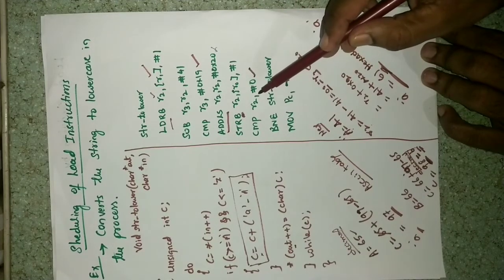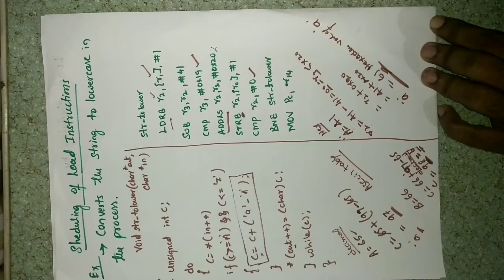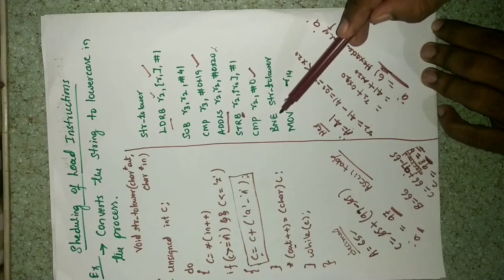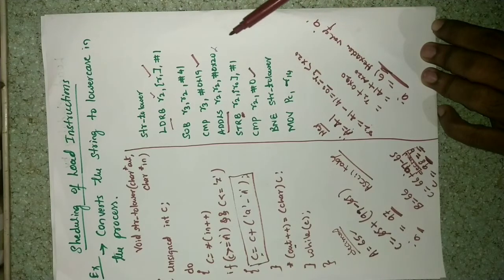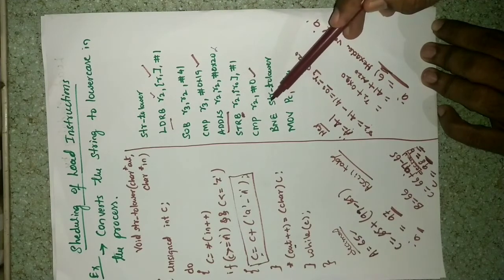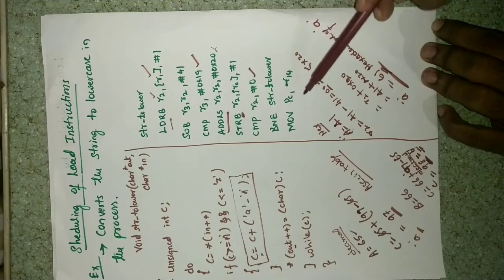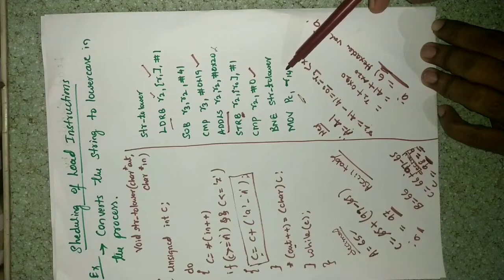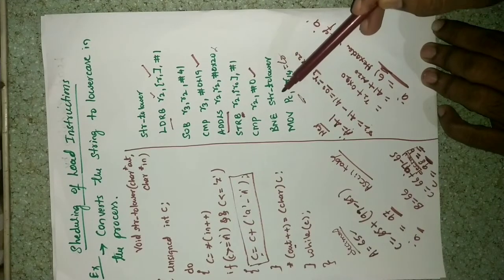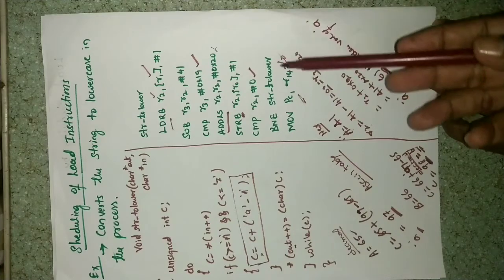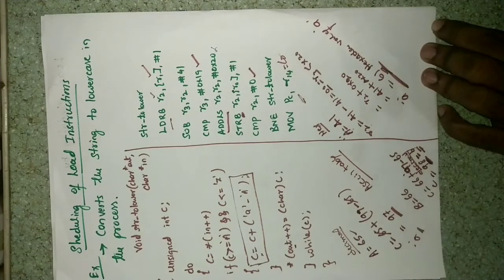If the condition is not true, you take the next memory location's content and again convert the uppercase letter to lowercase. Once the end of the characters, which is 0, is reached, it comes out of the loop. Then the subroutine returns with the link register content. R14 is the link register, which is loaded into the PC, and program execution transfers back to the calling main program.